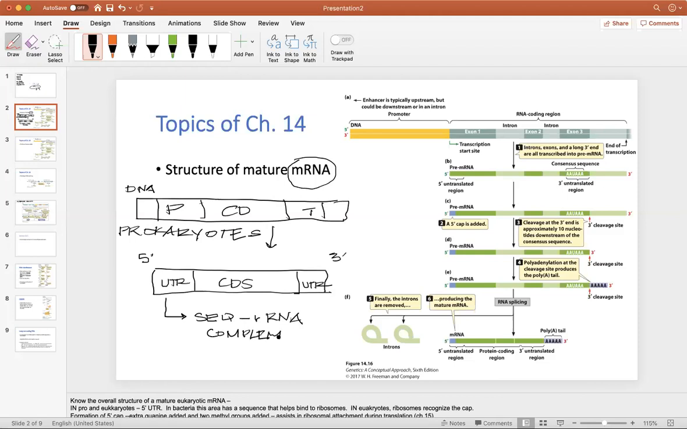Because it's complementary, that means the sequence here is going to bind to the ribosomal RNA sequence. And so what the 5' UTR area does is help the messenger RNA bind to the ribosome so that translation can then begin. All right. The 3' UTR, along with the 5' UTR, also helps to contribute to the overall stability of this